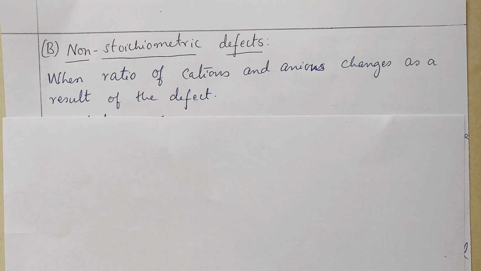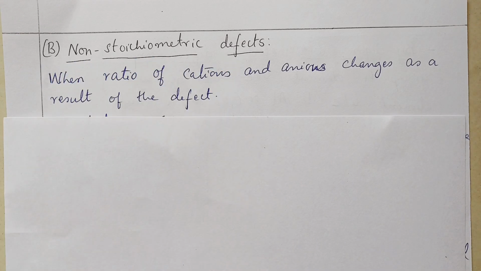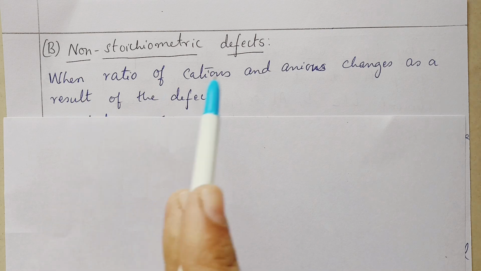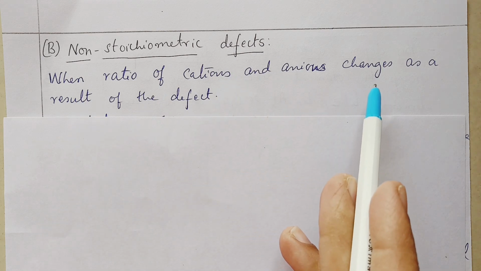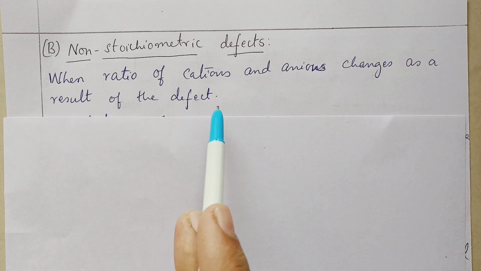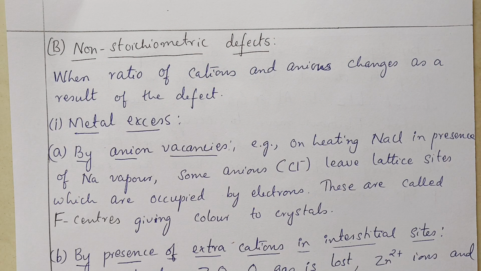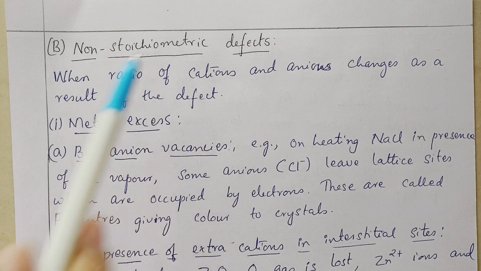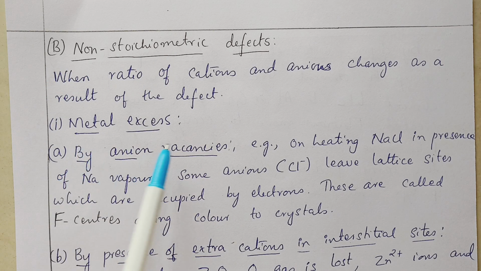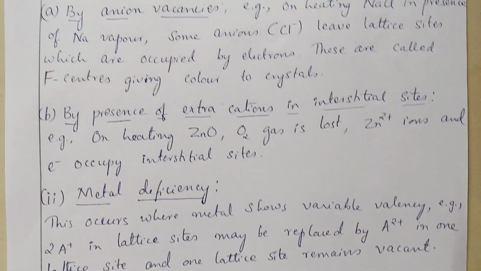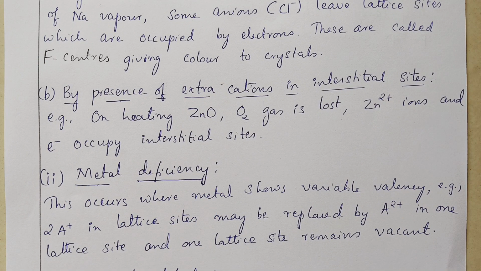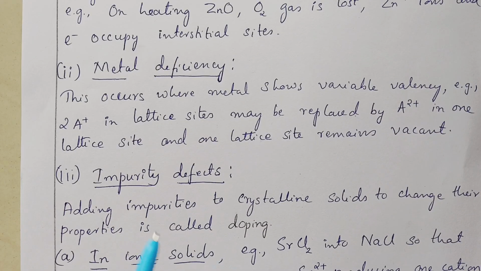So let's understand the meaning of non-stoichiometric defects. When the ratio of cations and anions changes as a result of the defect, you find non-stoichiometric defect. You further have three types under non-stoichiometric defects. One is metal excess defect, second one is metal deficiency defect, third one is impurity defect. Let us study one by